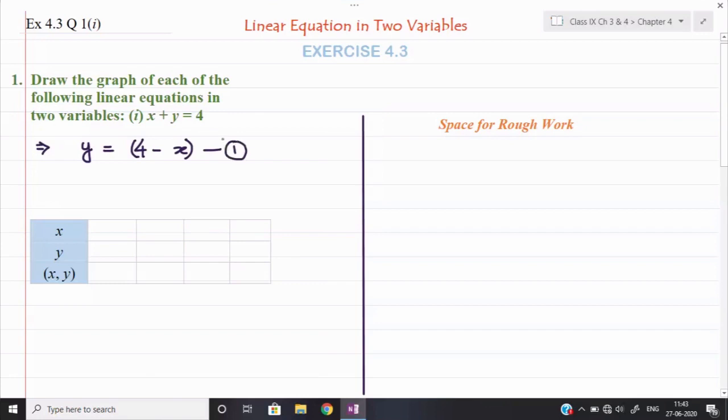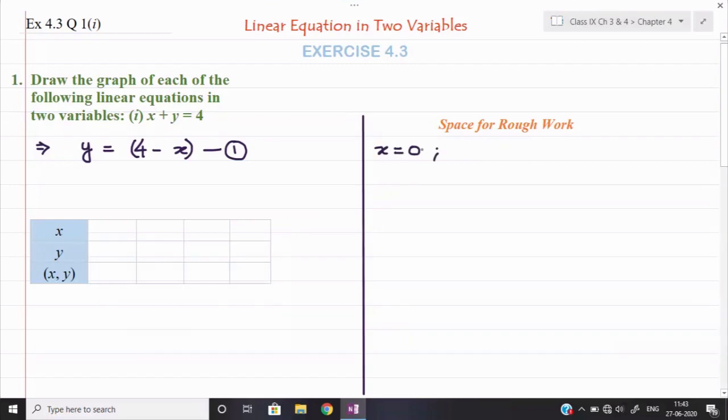Now to find out the solution, try to remember when we found the solution, we kept the value of one variable and accordingly we found the value of another variable, and we got the value of x and y, that is called a solution of the given equation. Same technique I will apply here also. So see in the rough. Sorry, value of x I am taking here 0. Okay, for example, you can take any value, there is no restriction.